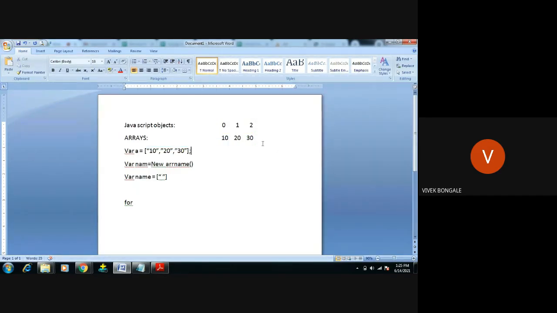And in order to add a new value to the existing values, this array is already created, and I want to add one more value to this array. How do we do that? We have methods called push and pop. You have already used push and pop with arrays. The same method is used to add a new value to the array, or remove a value from the array using pop. These things we will see in the program.